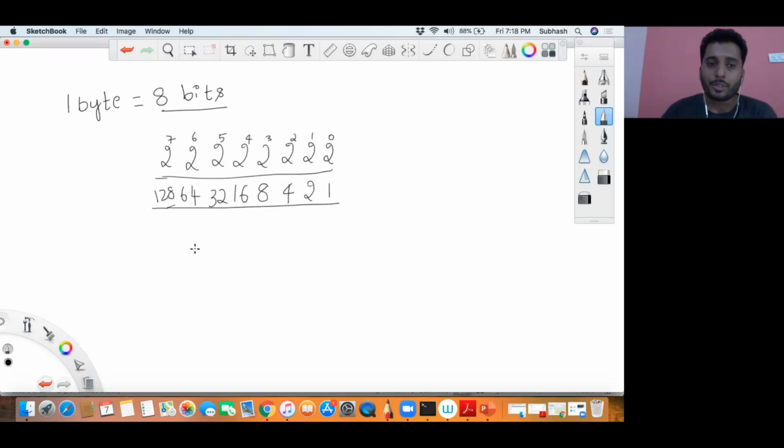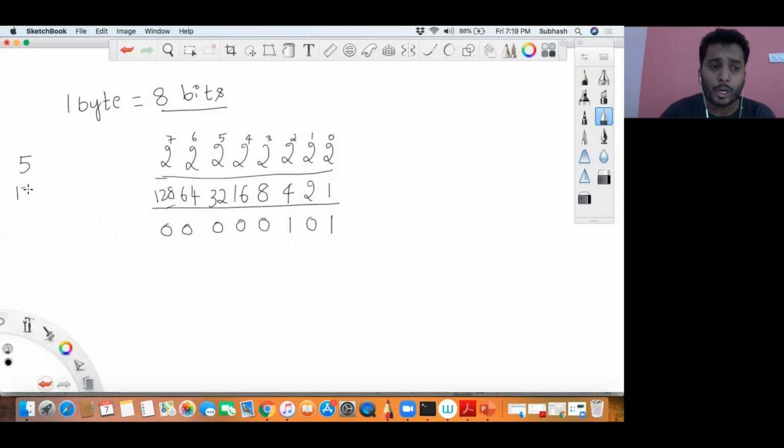Now, if the previous question was what is the biggest data that you can store using 1 byte of memory location, before that, I will ask you one more question. Can we store the number 5 in 1 byte of memory location? Yes, it is possible. How? You can put a set bit, a 1, just below 4, and then a 1 near 1. That is 4 plus 1, it becomes 5. So the remaining becomes 0. So yes, I can store 5 in this 1 byte of memory location.